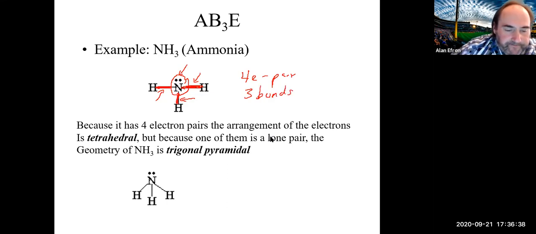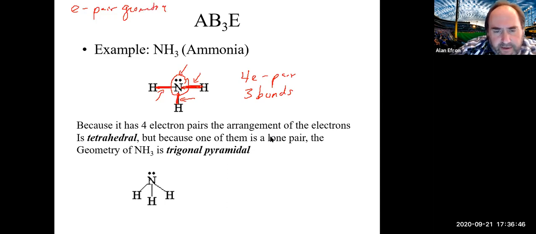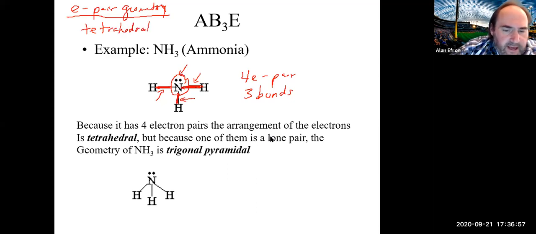If you remember, the electron pair geometry is based just on the number of electron pairs. They could be dots, they could be lines. So something with four electron pairs will have the geometry known as tetrahedral. But as we started talking about at the end, it also has non-bonding electrons near the bonding electrons, so we get a lot of different types of electrons interacting with each other. Because of those non-bonding electrons being present, the overall molecule spreads out a little bit more, and it ends up getting a molecular geometry